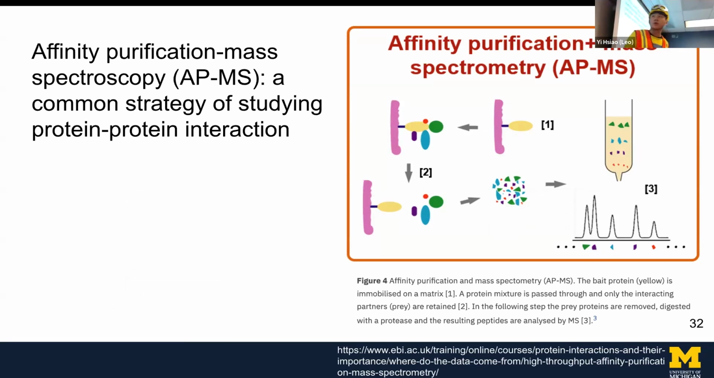It's a common strategy to profile protein-protein interaction. How that works is you have an immobilized bait protein locked on a surface, and then you use your protein mixture matrix to flow through this column. You are able to capture some of the interactions, which stay in the column, and you can take those samples, digest them, and do the mass spec